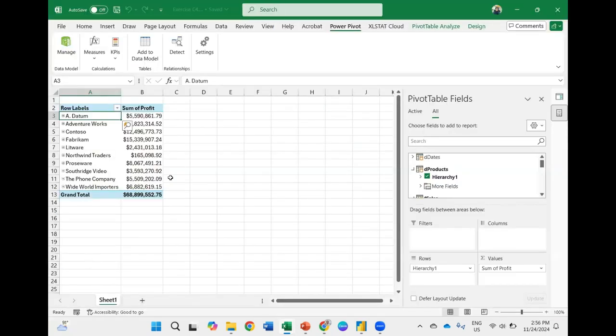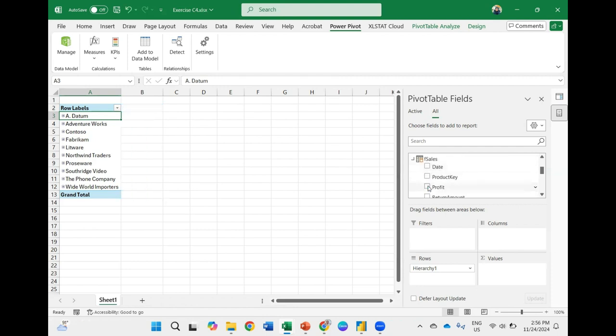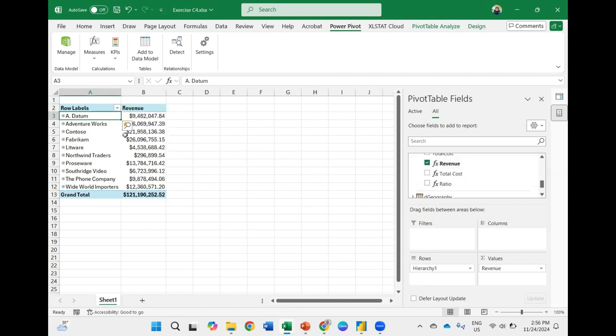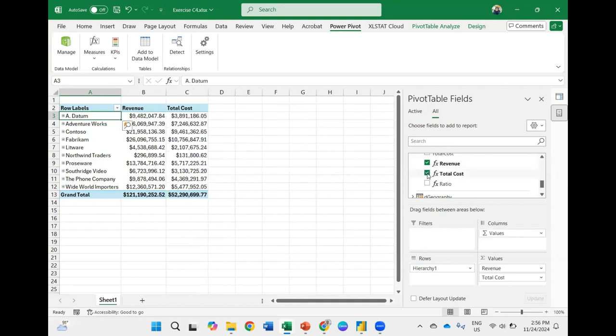You only create one calculation, and you can see in sales we have these three formulas. Let's say I want to remove this profit and add revenue. Automatically it will be based on that category, and then total cost and ratio. Ratio here.